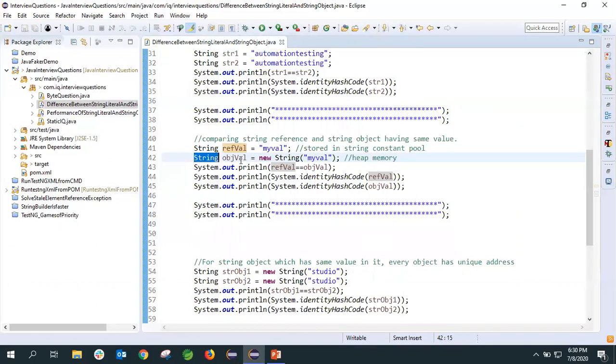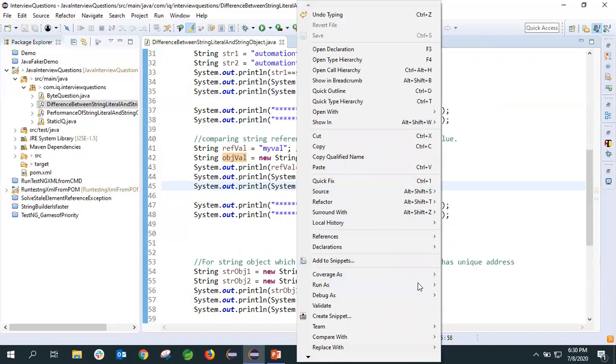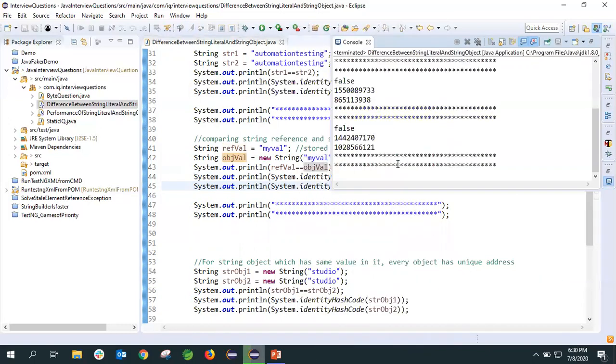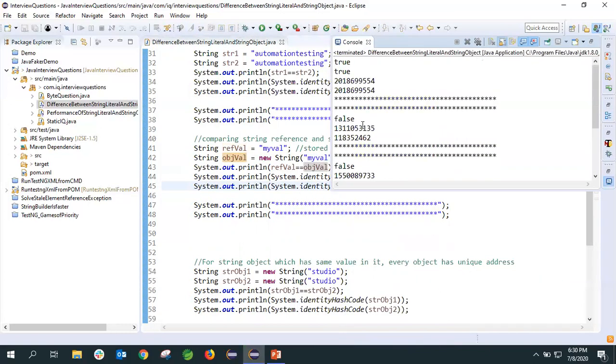Here it will create a new object, so the address will be different. So this should be false, and whatever values we get here should be different. Okay, let's run and see what we'll get. Okay, so we got false, and these values are different.